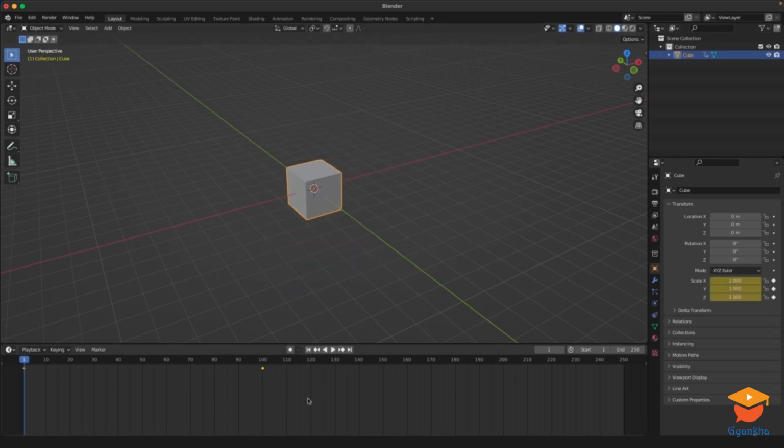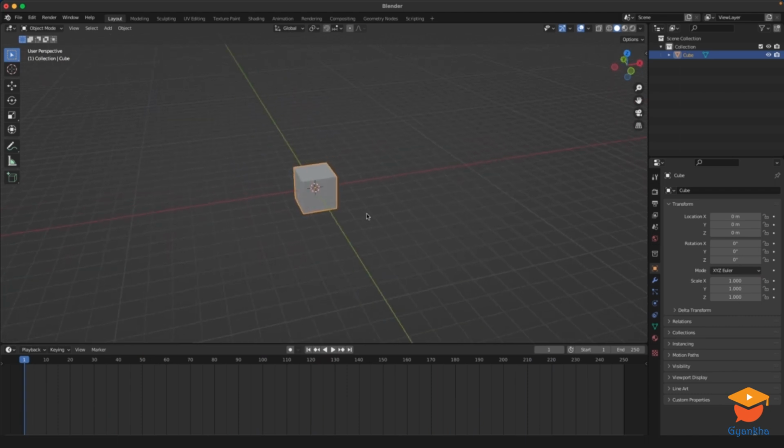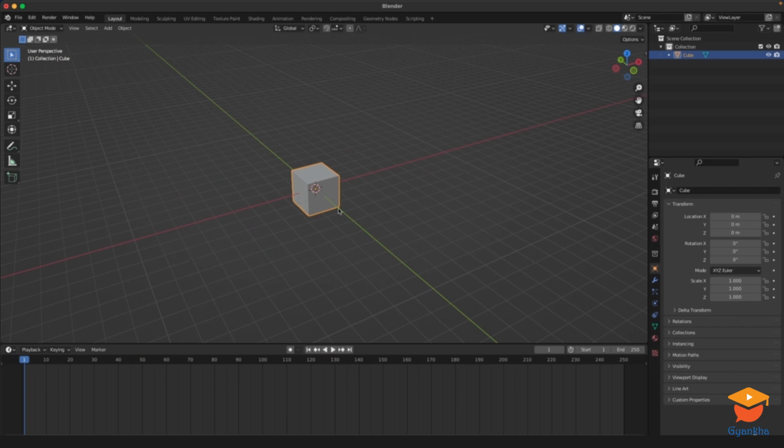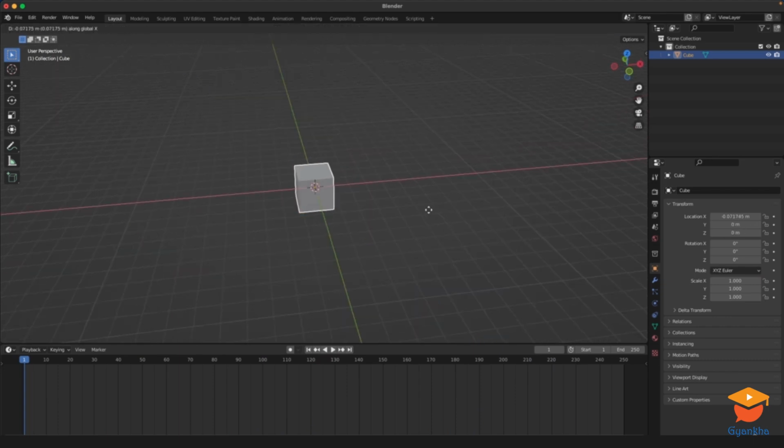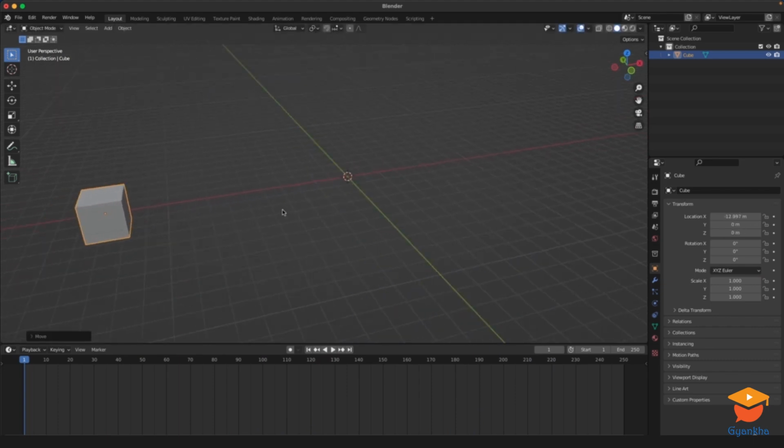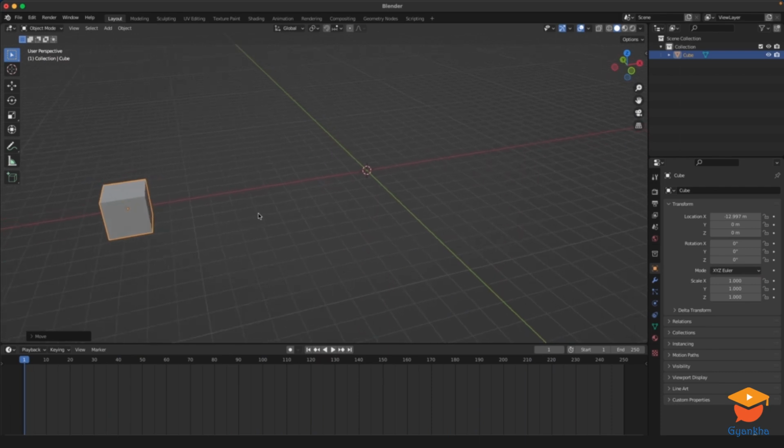Let's delete both these keyframes. So I'm just dragging a box, X, delete keyframes, and let's see how we can combine keyframes for location, rotation, and scale. So I'm going to move this cube off to the side again. So I'm going to press GX, move it to the side,